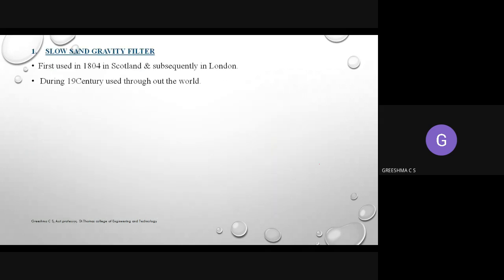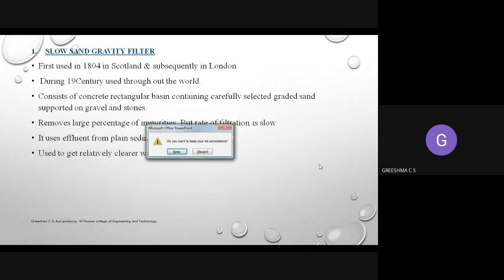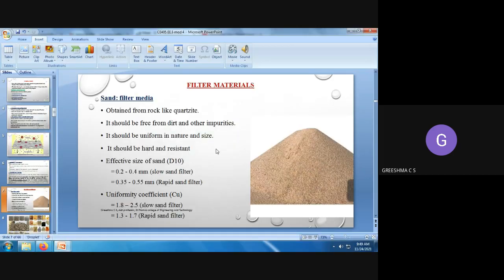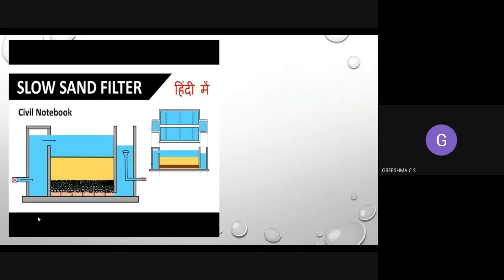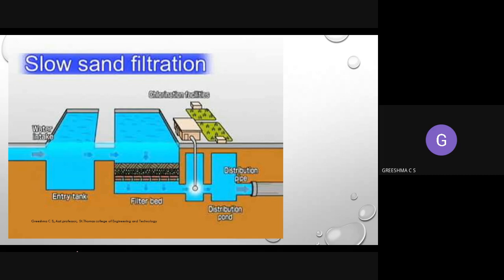If you want to see the schematic picture, okay, so this is another picture of the slow sand filters, as you can see. Okay, that is water will be entering through this. Here it will be sand, gravels. These are the lateral drains. From the lateral drains to the main drain and then to the filtered, and then it will be taken to the outlet chamber like this.